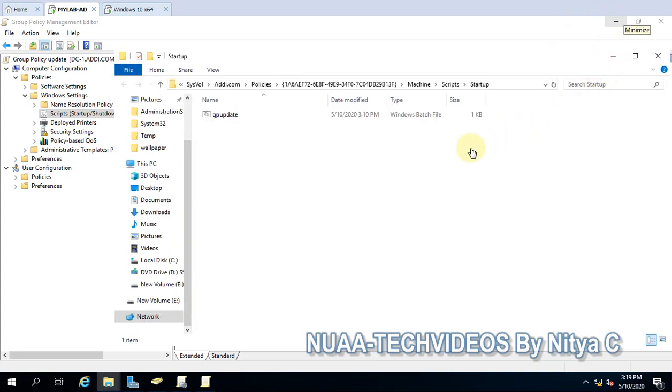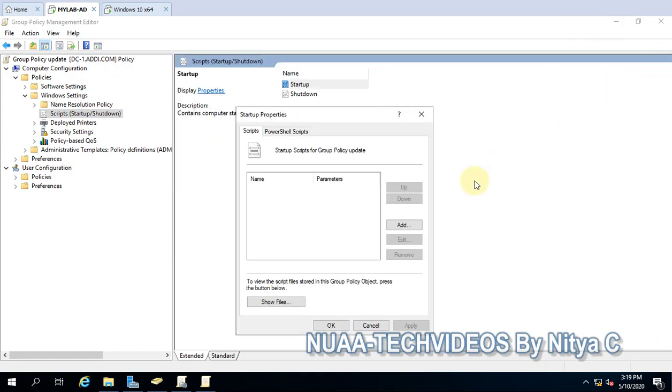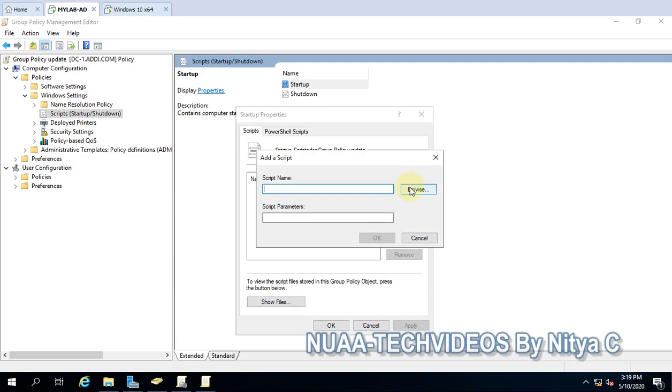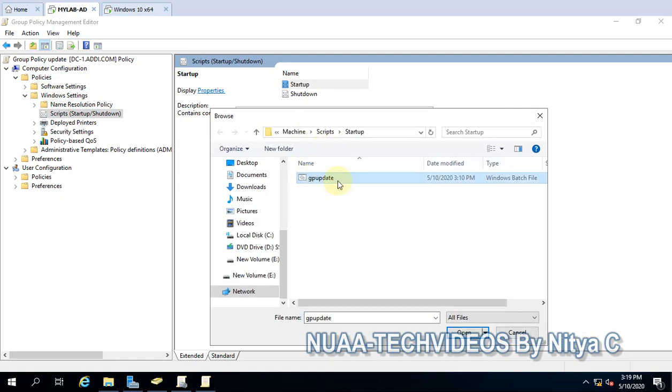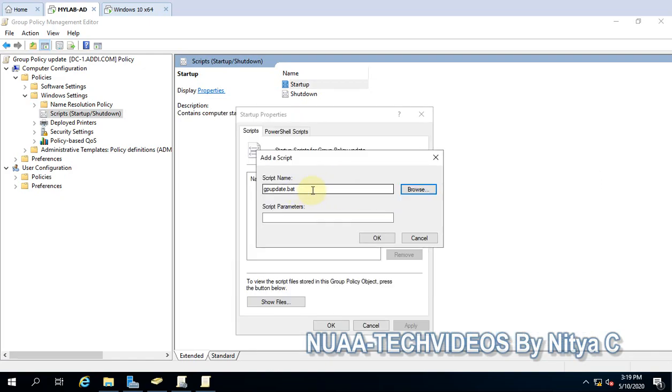No need to double click on that, otherwise it will be executed. Let's close it, and from here we can Add and go to Browse and select the GP update script. Now double click on that, so this will be reflected. If you have any parameter which you want to set, you can set it, but here I have a simple script, so I don't want to give any parameters for this.